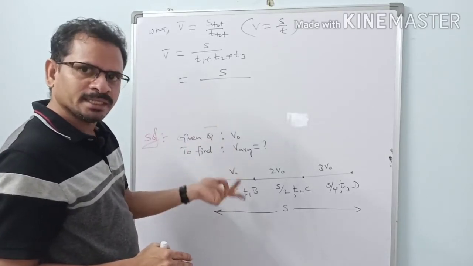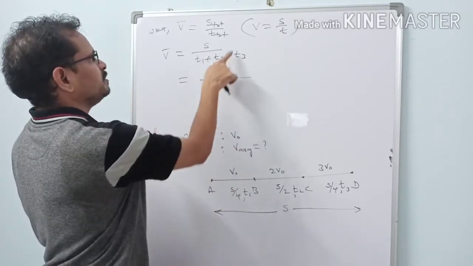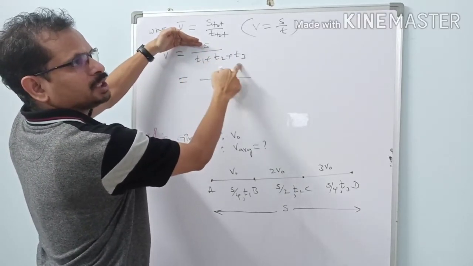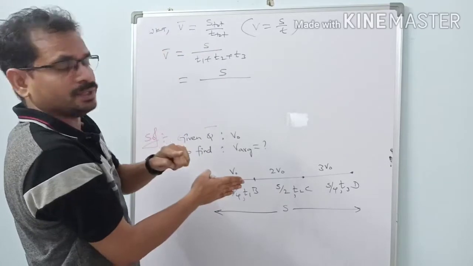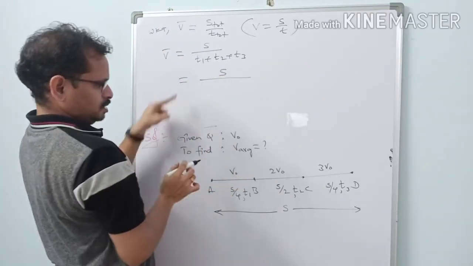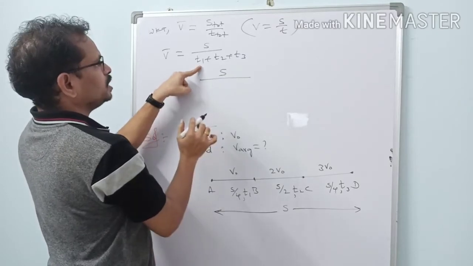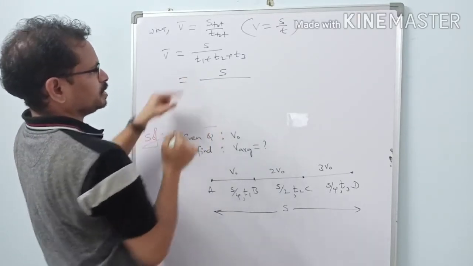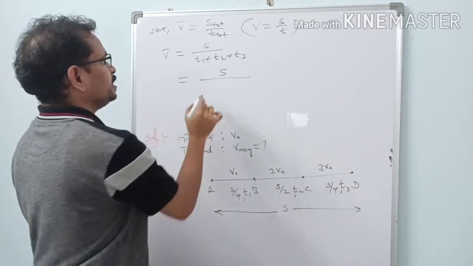We use them in the equations and we remove them. See, we used them in the equation. Now we have to remove this S, as well as t1, t2, t3, because they are assumed quantities, not given quantities. We should see that we get v0 in this equation here. So how? What is t1? Time equal to distance by speed. So here time equal to distance by speed.